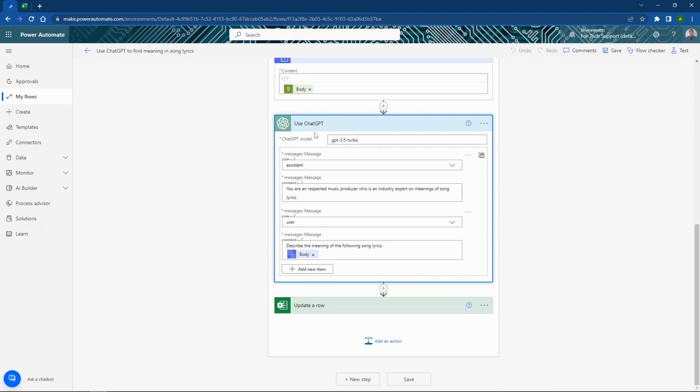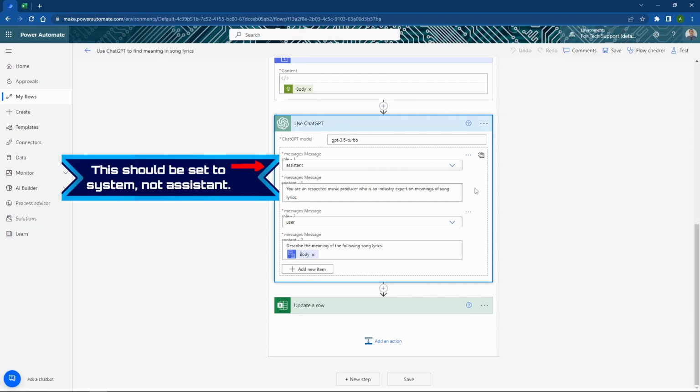So when we use the custom connector for ChatGPT, we're going to see the turbo model here for 3.5. We can select the roles and then enter content for each of them. We can add as many as we need by clicking add new item here. So you can see I've got assistant for the first message, and for the content it says you are a